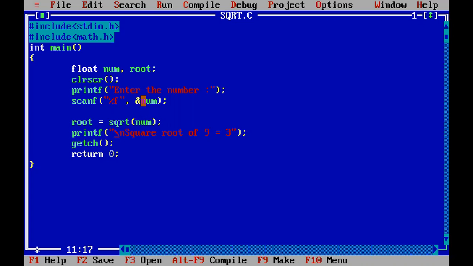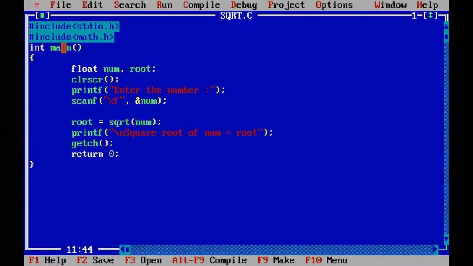Even if you take, say, the number 25 for num, and you get the root as 5, still whatever is written inside these double quotes is all that will be displayed, nothing else. You have already seen this in the previous class. Now suppose I mention here num and root.